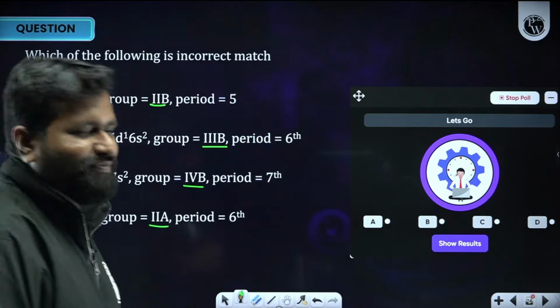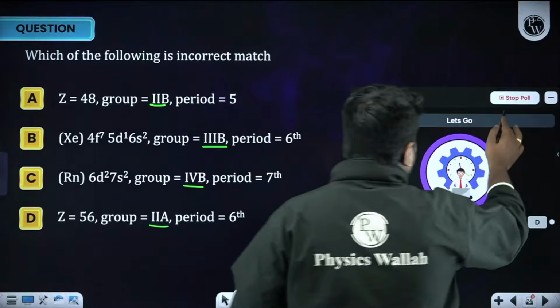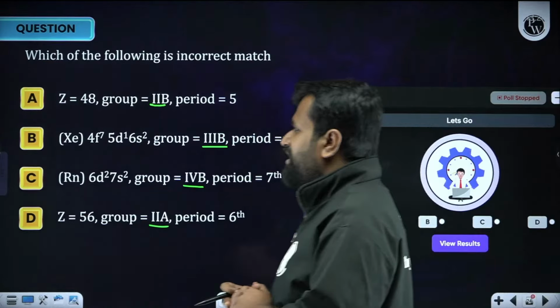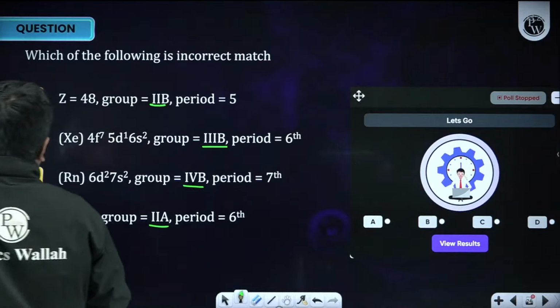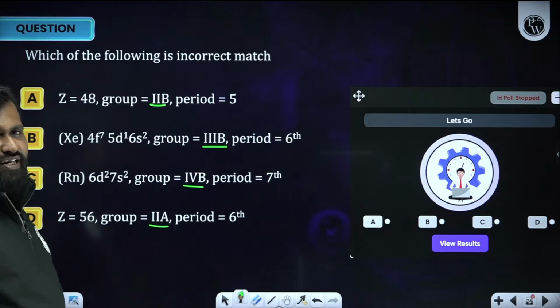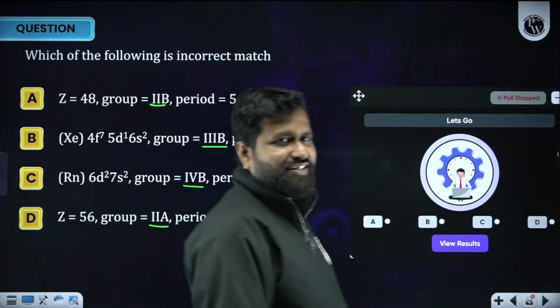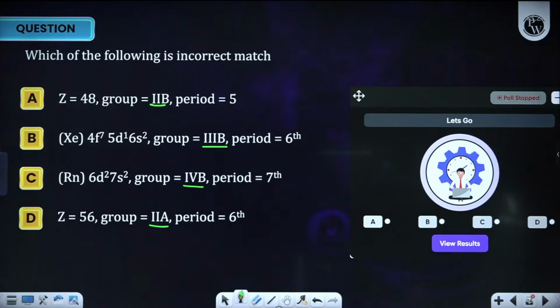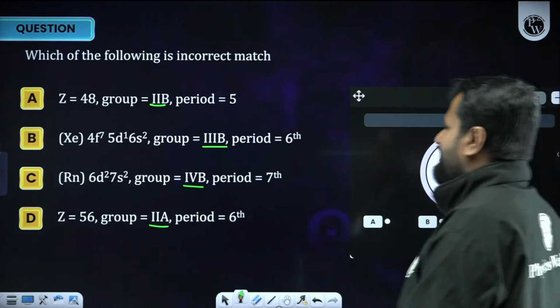No, one thing is very sure, you people are not aware of the periodic table, right? Look at the electronic configuration. With the help of electronic configuration, we can easily tell the answer. So what will be the answer for this? Option B is the correct answer.